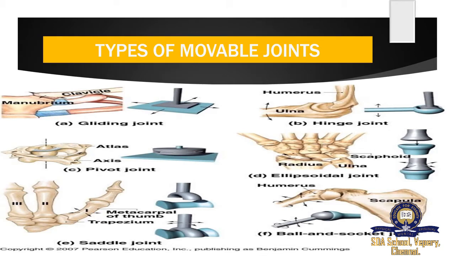The next one is the hinge joint. These hinge joints are found in the elbow, knee, and ankle. A cylindrical portion of one bone articulates with another bone. So one bone is fixed. See here, the cylindrical portion is fixed in the other bone. In this place the movement is restricted. Only bending, we can bend only in this place.